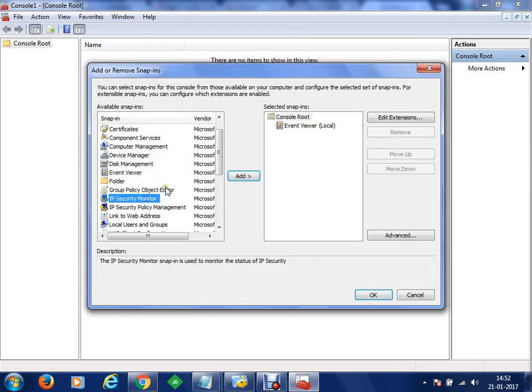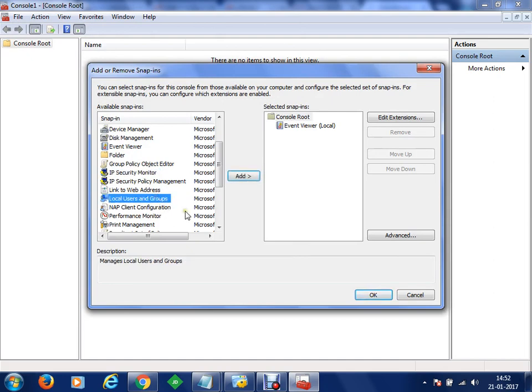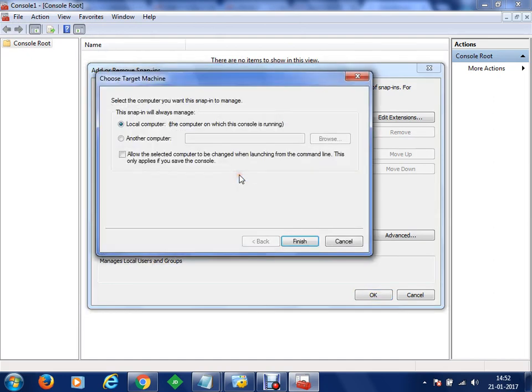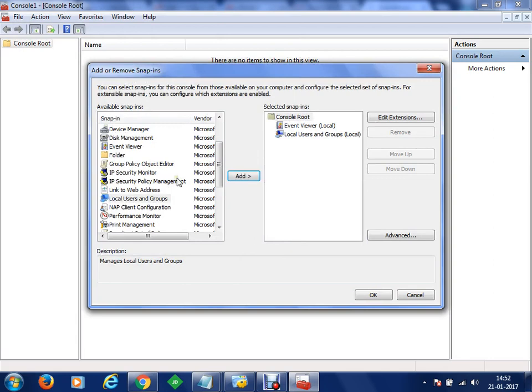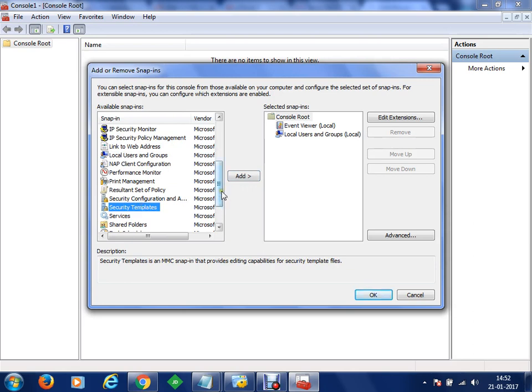Now I would like to understand local users and group policies. So I'm going to add this also for the local computer. Then we can go a little down and you can see that we have some security templates available as well, but we will be creating security templates a little later. Now what next we need to do?